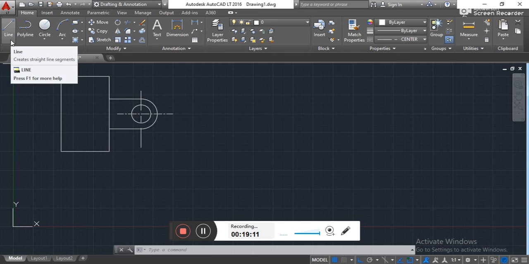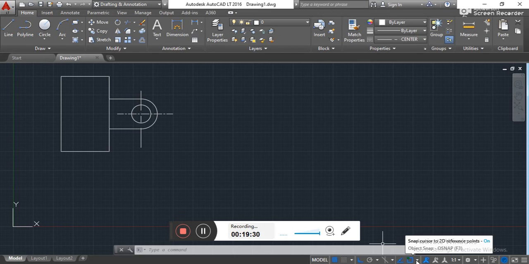So if the hole is cylindrical, I want to draw a center line first, then I will draw a hidden line. So for drawing a center line, let's take the midpoint of that. Now how to find a midpoint? It's not showing me a midpoint, so you have to go over here. You can see snap cursor to 2D reference point.